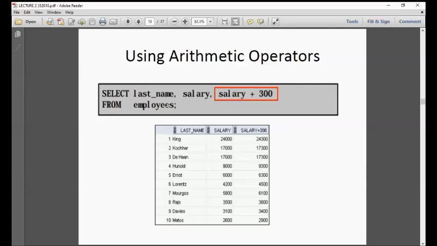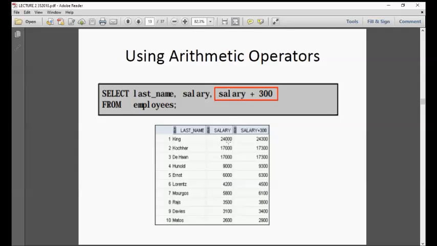That's a table. Table from what? From the schema HR. And we have the columns last name, salary. Now, I want the salary to add an additional 300. So I can just put salary plus 300 and you will get it here. Now, I don't like this one. I can change that. I will show you later.